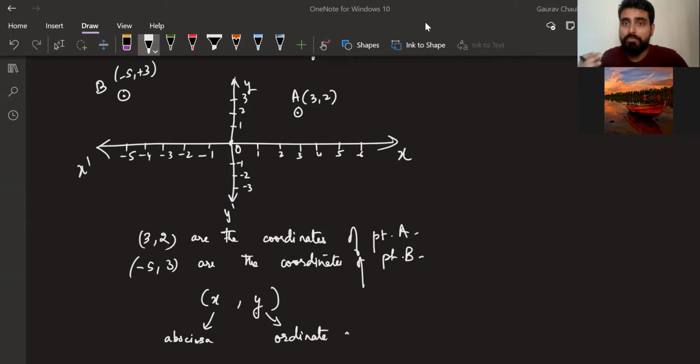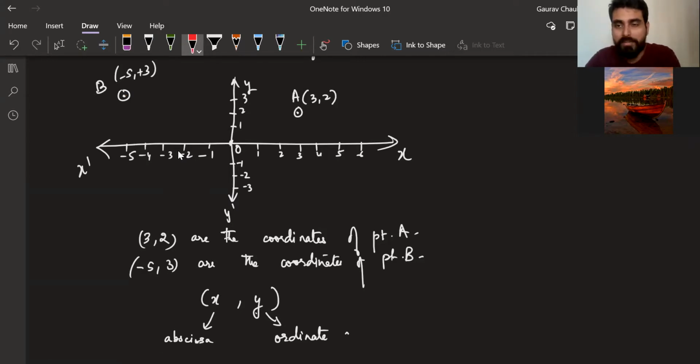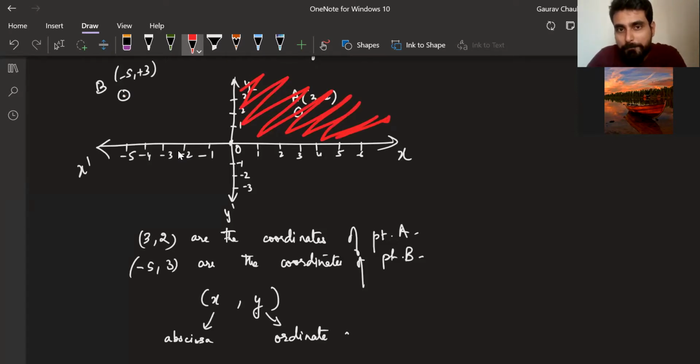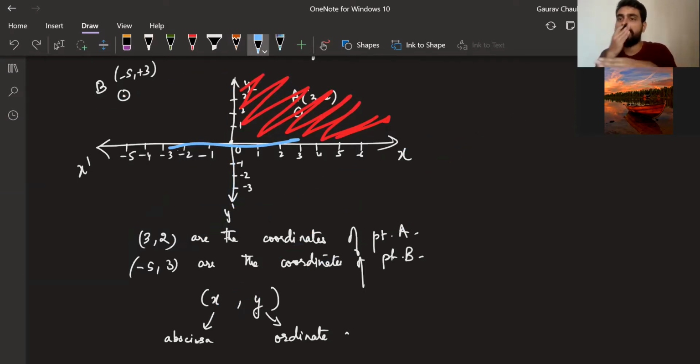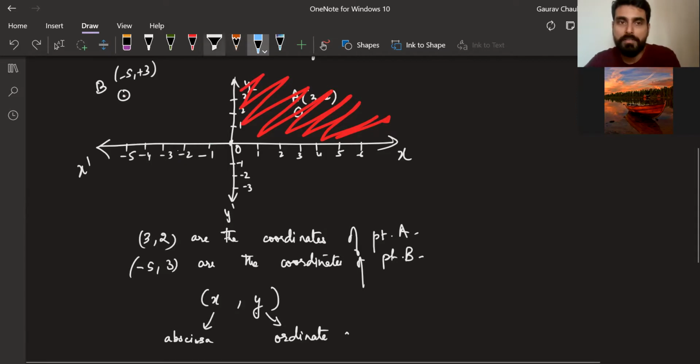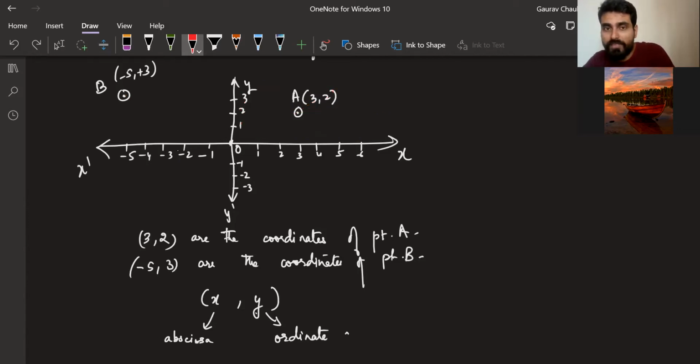Okay. Now, one more important thing which we need to be clear about in coordinate geometry is the quadrants. Let's listen to me first, then we'll copy down together. Okay, quadrants. What are quadrants? Now, when I draw two axes, x-axis and y-axis, this full plane I'm dividing into 4 parts. Your screen is being divided into 4 parts when you draw any 2 lines at 90 degrees to each other. Any angle is fine, but right now for coordinate geometry we're doing it at 90 degrees.